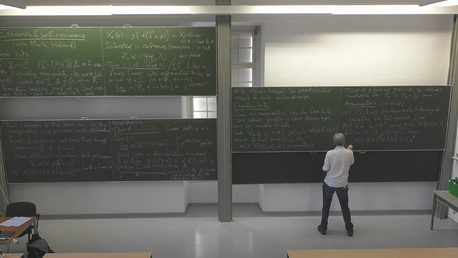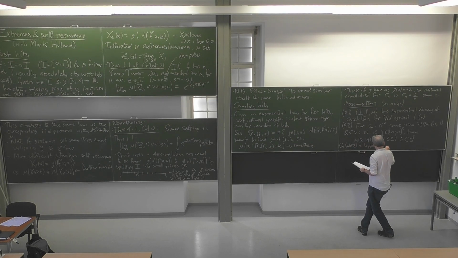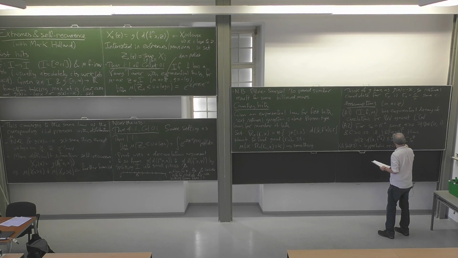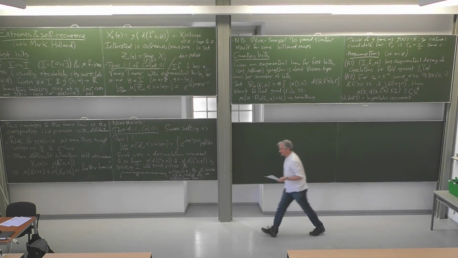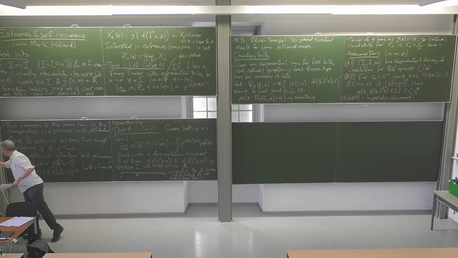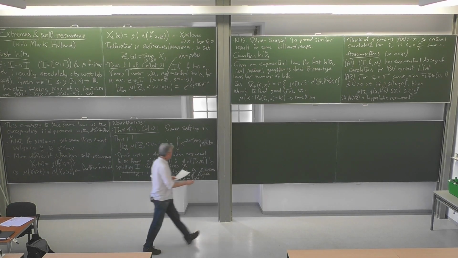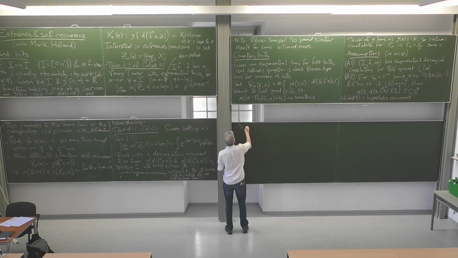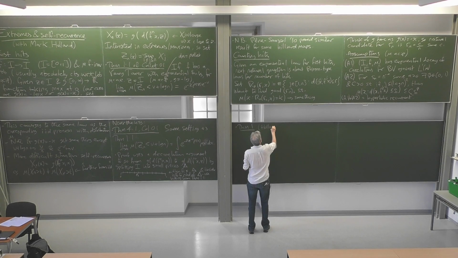So if I take A1 plus A2, we call this hyperbolic recurrent. Convenient to give these things a name. But if someone wants to tell me it's a bad name, that's fine. So here's the theorem. And now I'm going to use my own numbering system. So this is with Mark Holland.